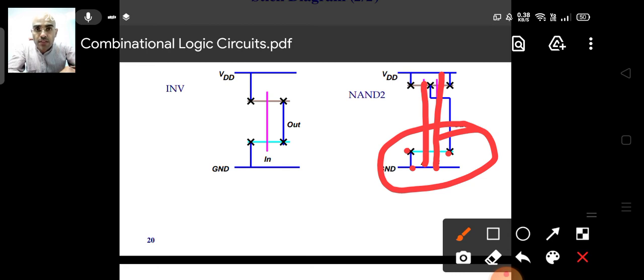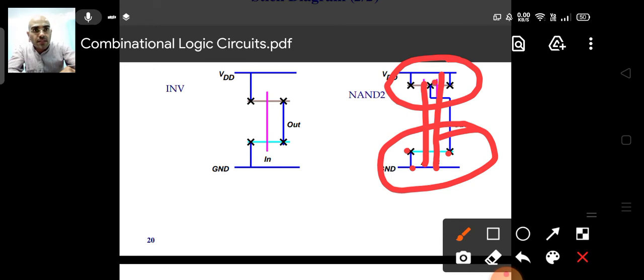So this is what we have seen in this schematic as well. So this is okay with the NMOS. So this is how we make the NMOS circuit. Now the PMOS, as you can see, in the PMOS, what happens? Both the PMOSes are in parallel. So you see, this parallel is between 2 points. One is the VDD and the other one is your drain, okay, and the output terminal, you can say.